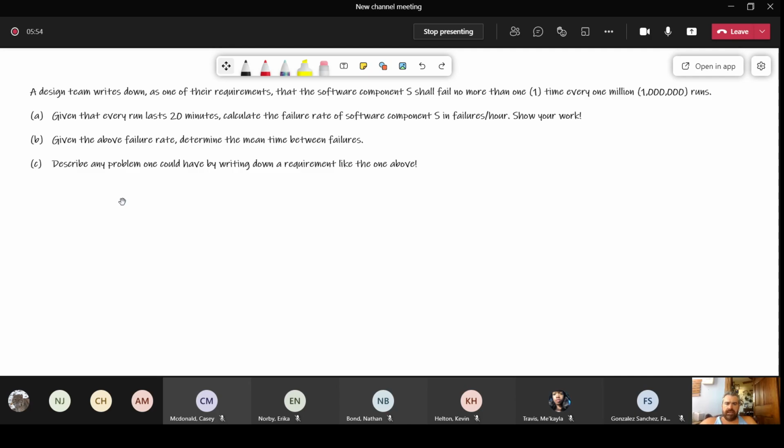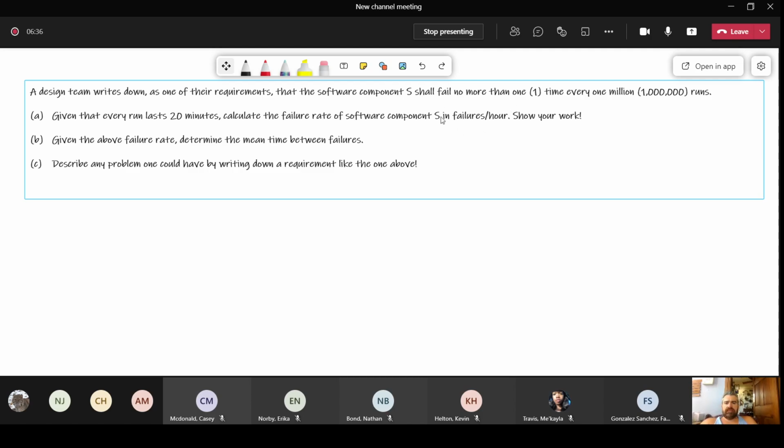Okay, so today we will go through assignment 1. There were 2 questions. I've got the text of the first one here. A design team writes down as one of their requirements that the software component S shall fail no more than one time every 1 million runs. Subpart A: given that every run lasts 20 minutes, calculate the failure rate of software component S in failures per hour. Show your work. Back when I took physics, one of the first tricks I learned is,